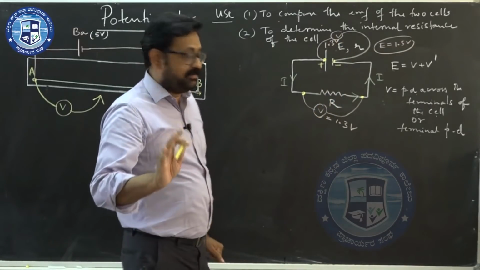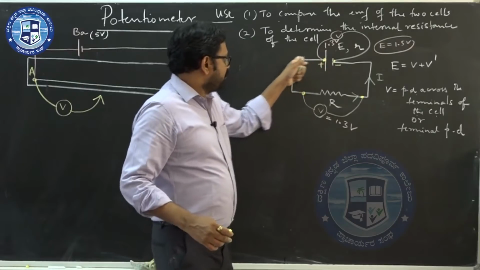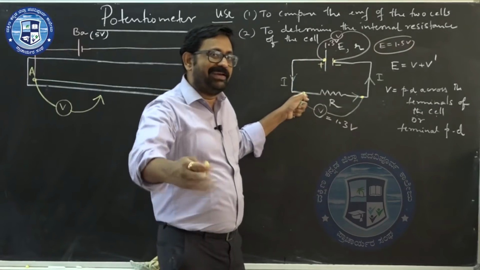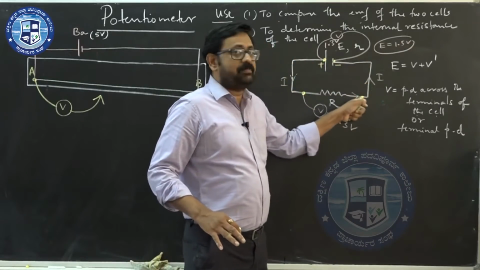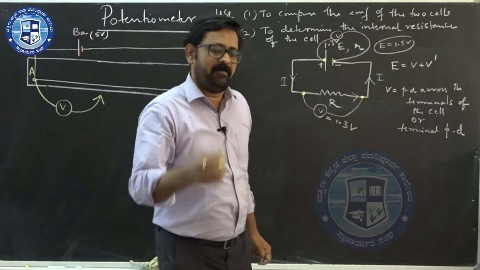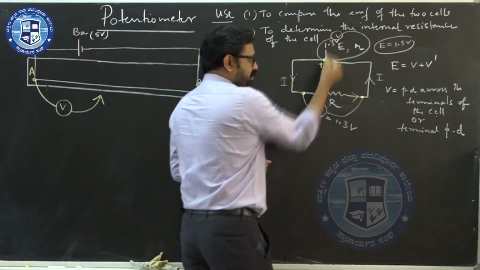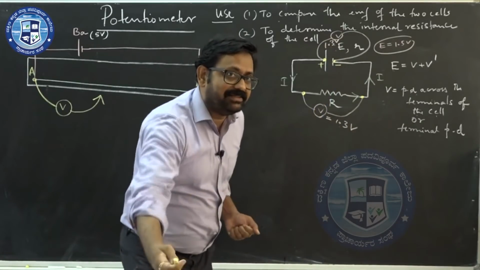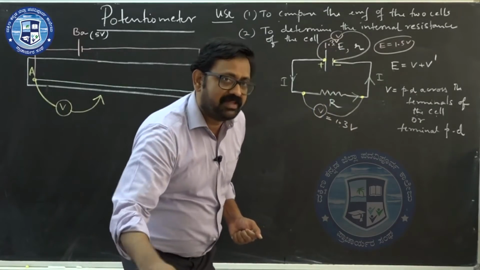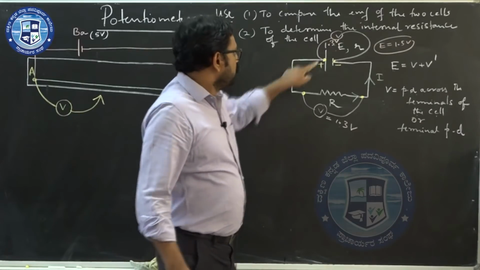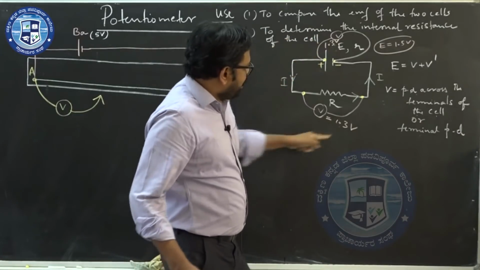Yeah, see, keep in mind, this is a connecting wire, a copper wire, and it has a negligible resistance. Since it has a negligible resistance, there is not much potential drop. There may be a very small potential drop. What I mean to say is, if this is 1.3, this may be 1.29. That difference is ignored. So based on this logic, I said